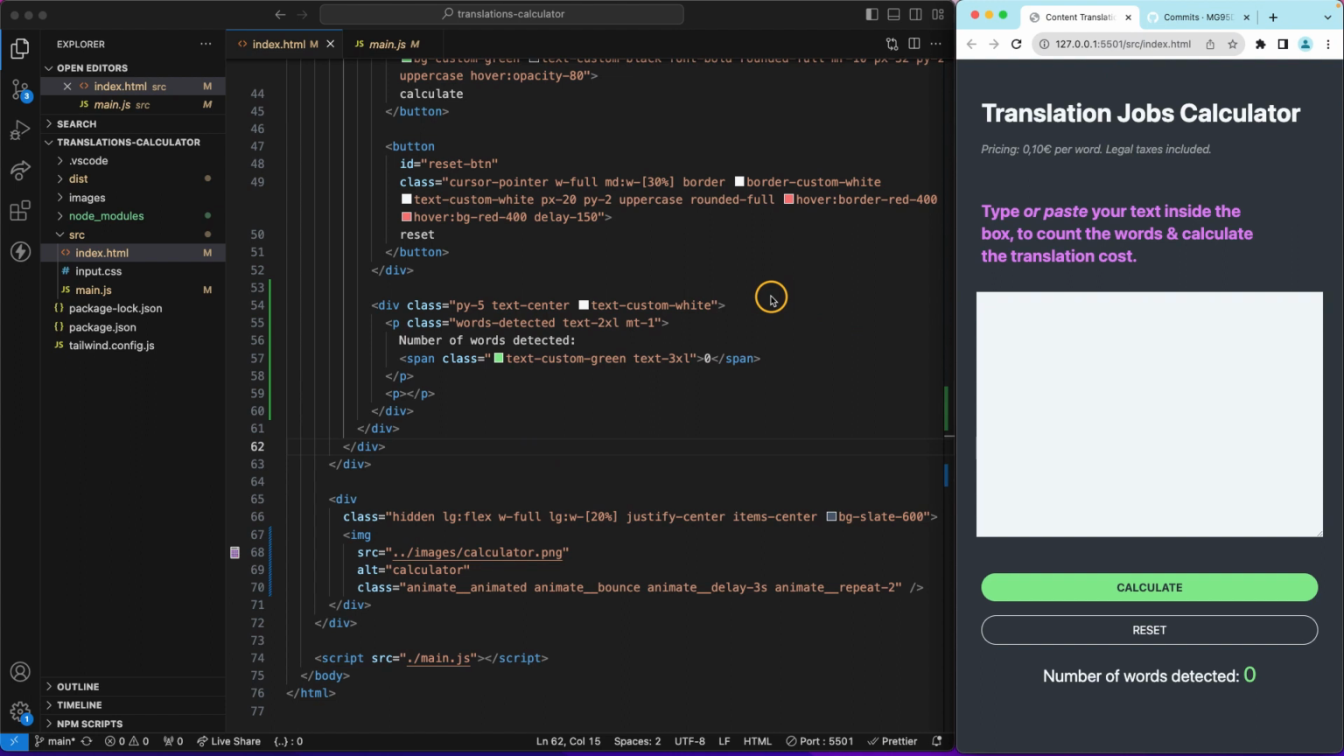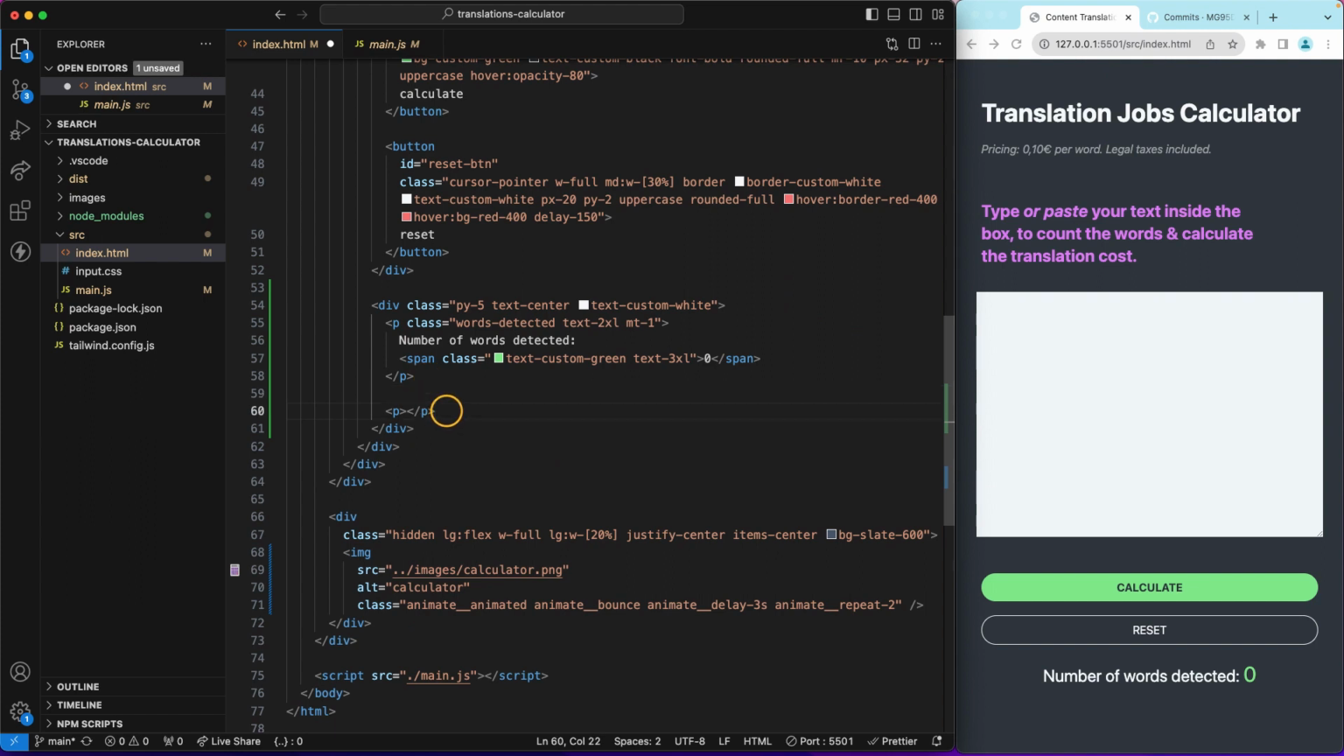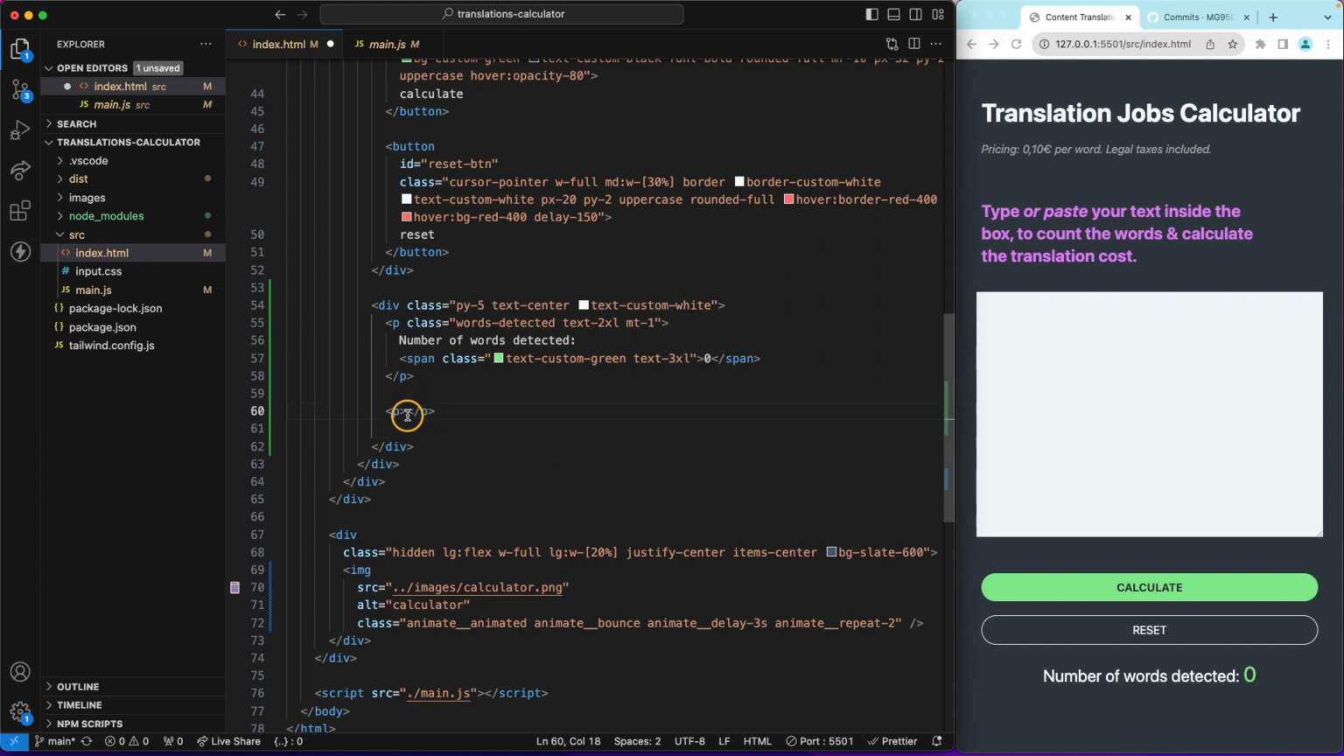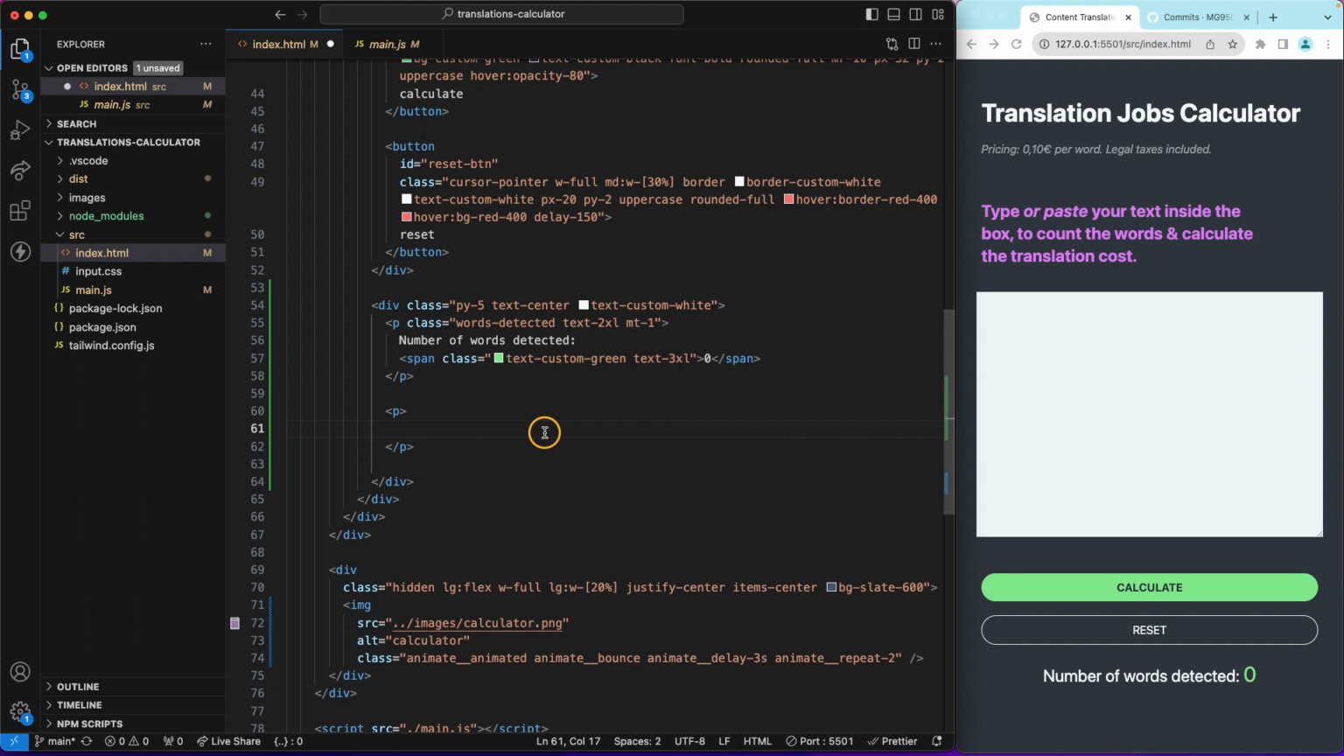Okay, we now need the other P that I later realized that I was missing, and this is the P that we will display the cost for the translation. So first we count how many words, then we multiply that by 10 cents, and we get that result. So this P needs the ID that I was just mentioning to you